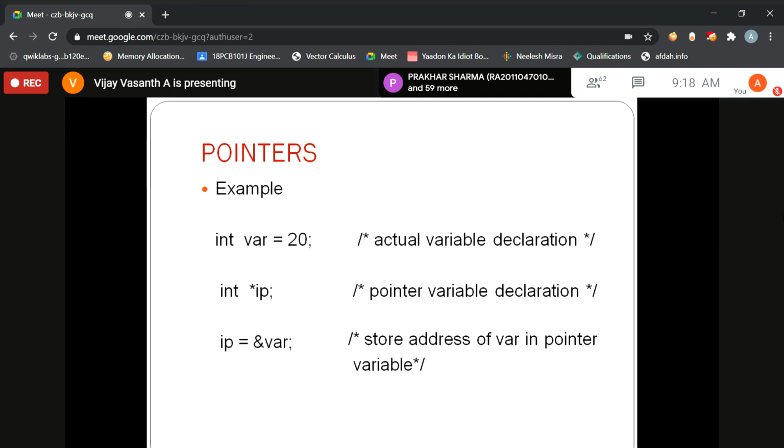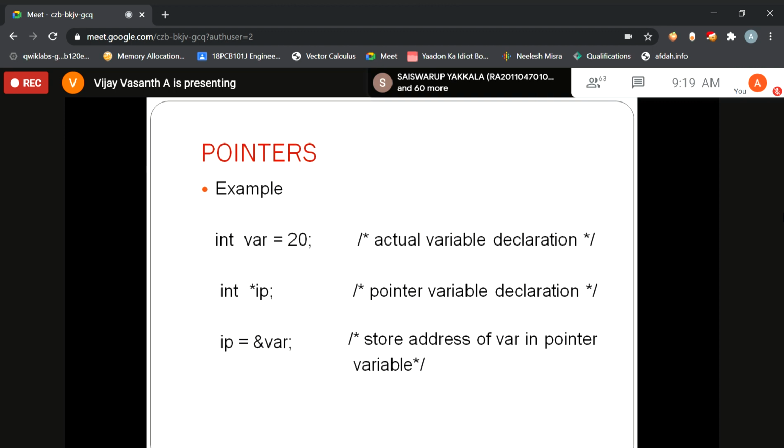Here I am including another symbol called ampersand. So what is this ampersand symbol? The ampersand symbol is attached with the variable. It represents that the address is being stored in the pointer variable. You may ask, sir, if I declare IP equal to var, what will happen?